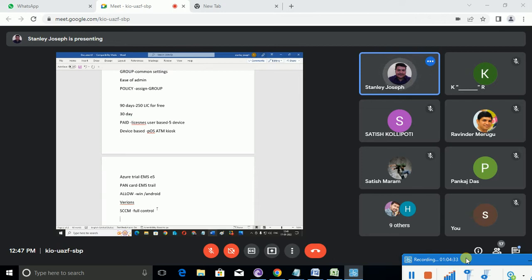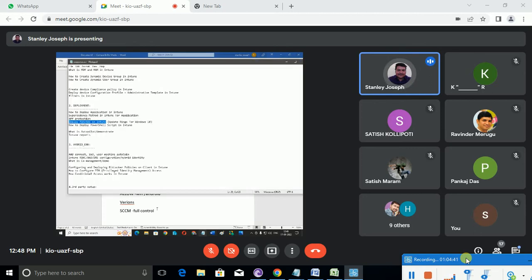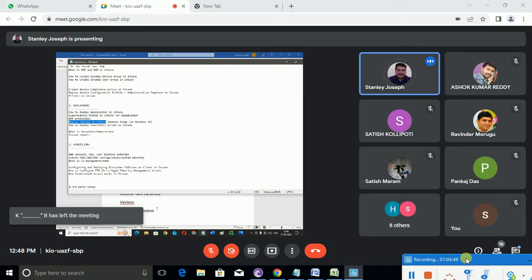You can control certain things only, like when to deploy, where to deploy. Unlike SCCM, it's not absolute control, it's partial control. Okay, but still it is predefined by Microsoft. So that's good enough for Windows machines. It's called Windows Updates for Business. We can use that. Okay, so we will see Autopilot